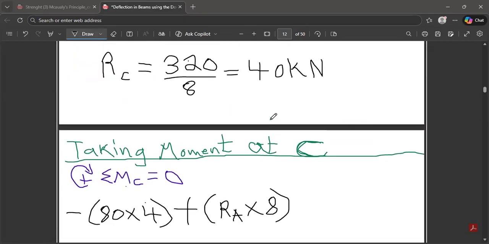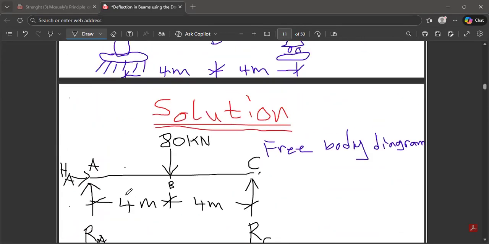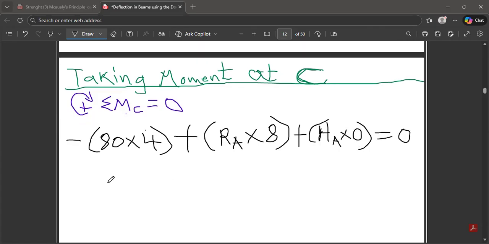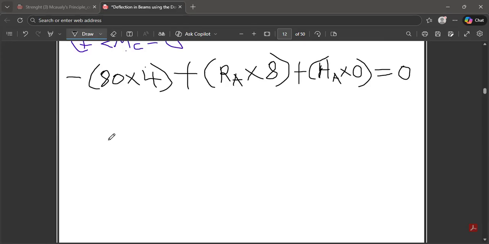In this case, because we are taking moment at C, we can include the HA. So we can say plus HA, or the horizontal force at A, times 0. Horizontal force at A times 0. Now we equate all of this to 0. After simplification,